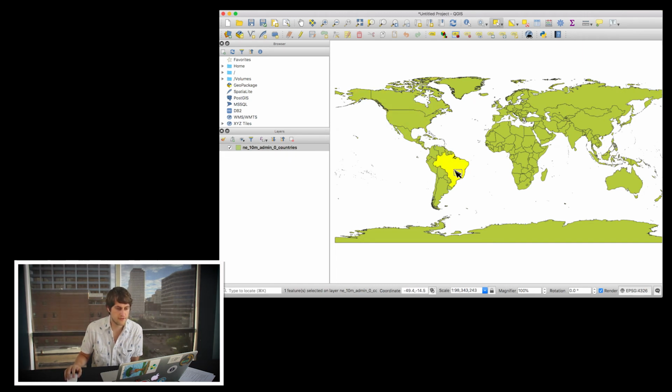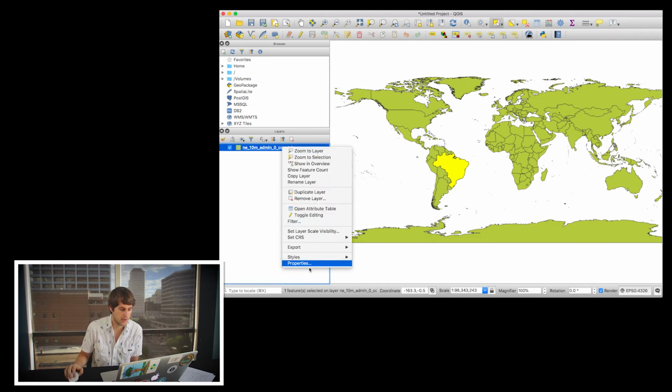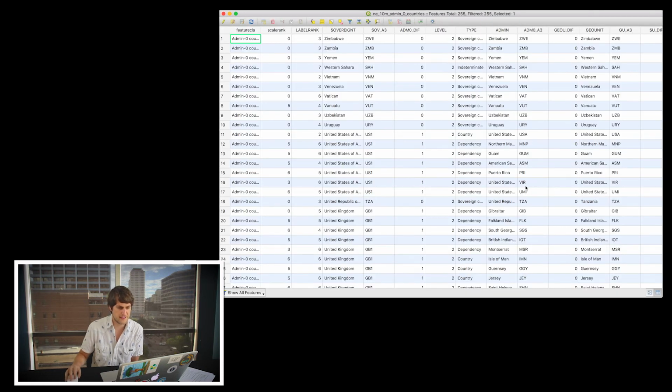One cool thing about this is if you select a country on the map with your mouse button, you can actually just show that data in the attributes table. So this is kind of a way to filter. The way you would do that is go ahead and right click in the layers panel, go to open attribute table. You'll see the full table pulled up now of all the countries. To filter it to just what's selected on the map, go down to this little button in the bottom left corner,